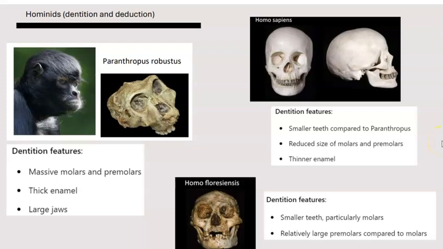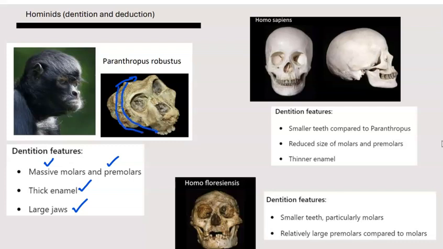So here we have three different groups of hominids, Paranthropus, Homo sapiens, and Homo floresiensis. When examining their dentition, what we find is that with Paranthropus, we see very, very large molars and premolars with exceptionally thick enamel, and the animal has very, very large jaws. You'll also notice the presence in this location here of a ridge of bone known as the sagittal crest. And the sagittal crest is associated with the attachment of muscles that come down here onto the jaws to create